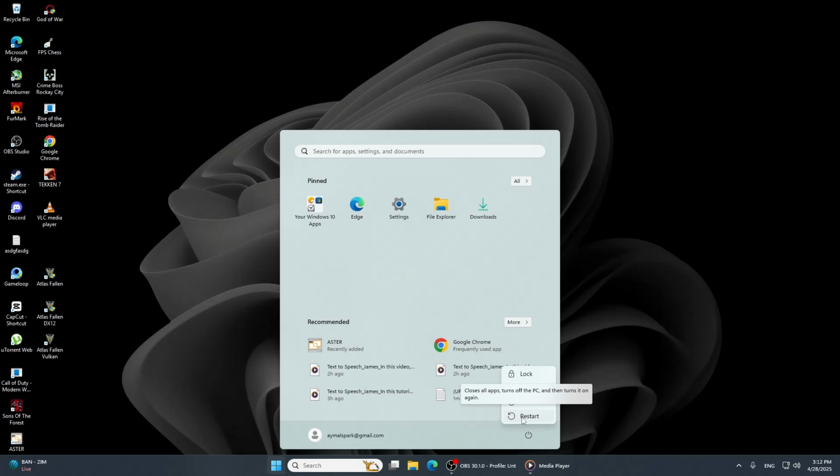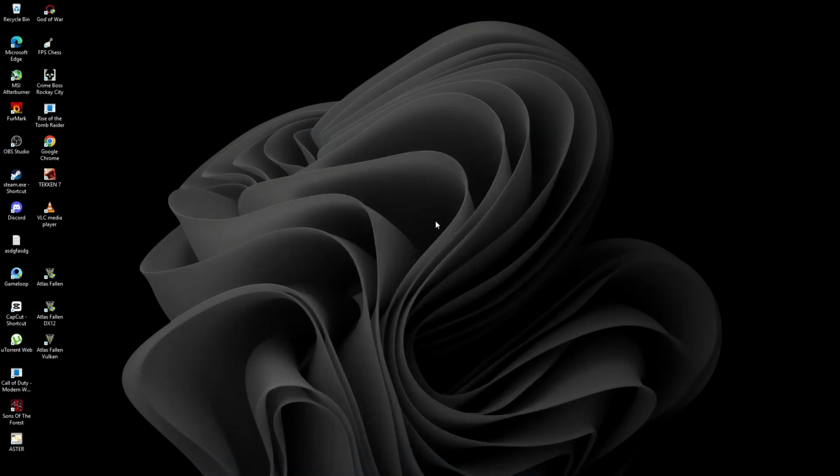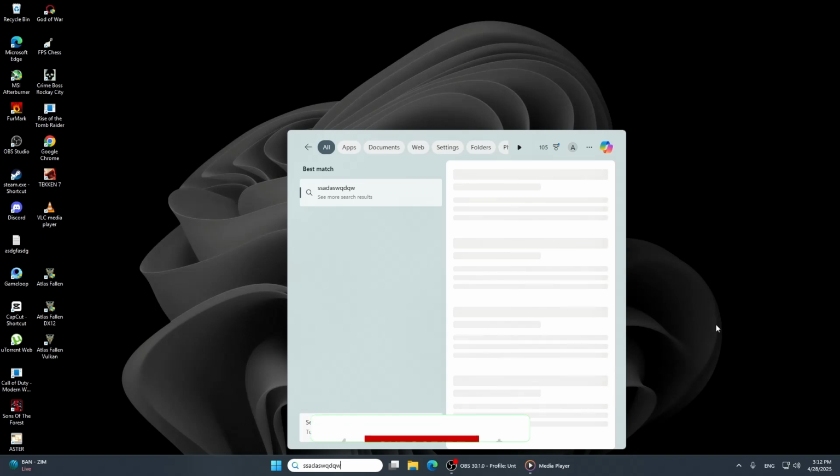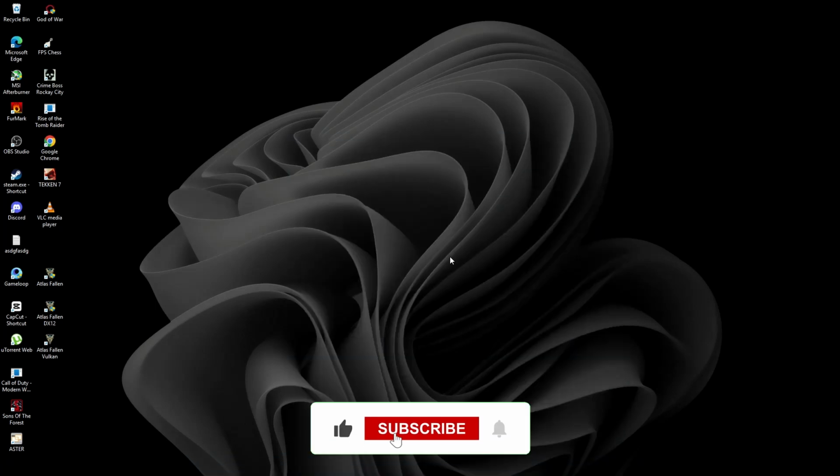After the restart, check to see if the issue has been resolved and whether you can now type in the search bar without any problems. And that's it. Hopefully, this fix has worked for you and the typing issue in the search bar has been